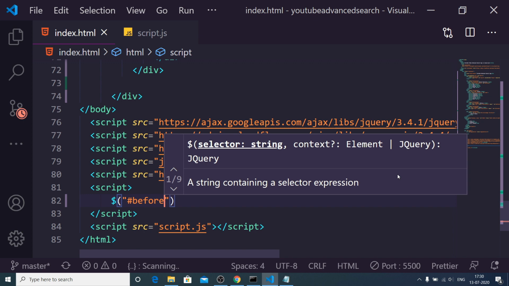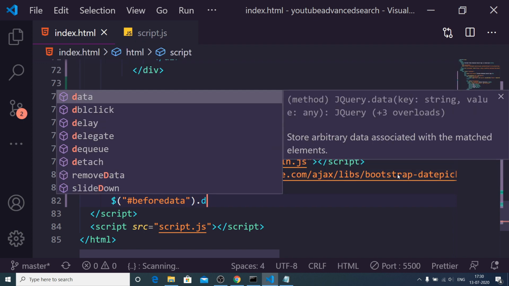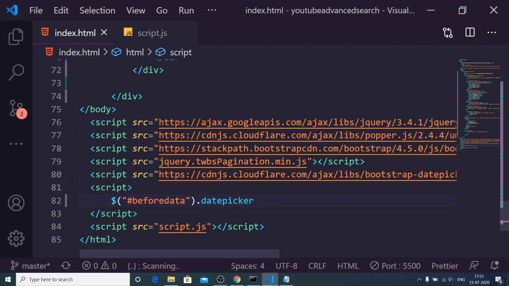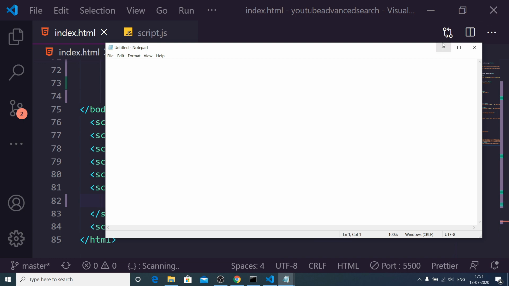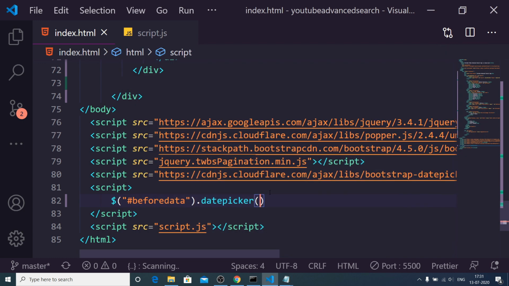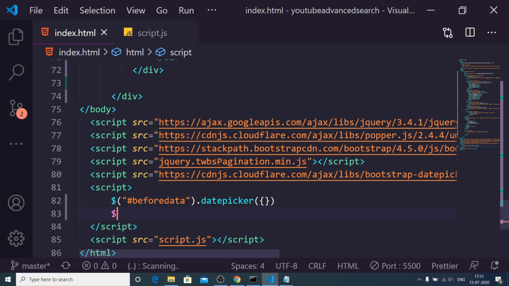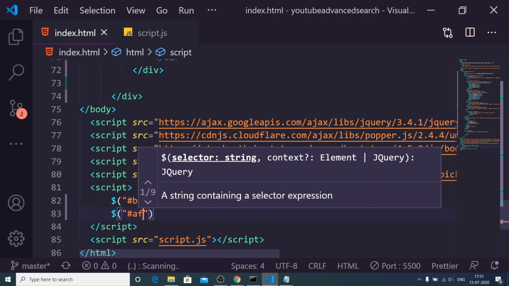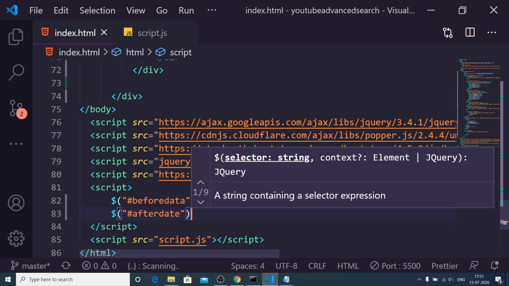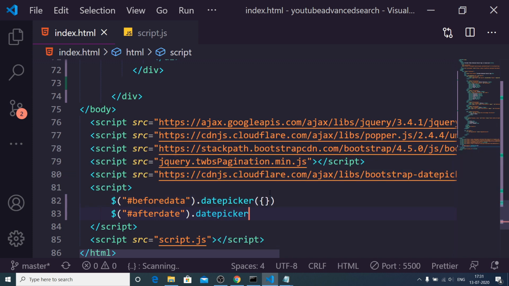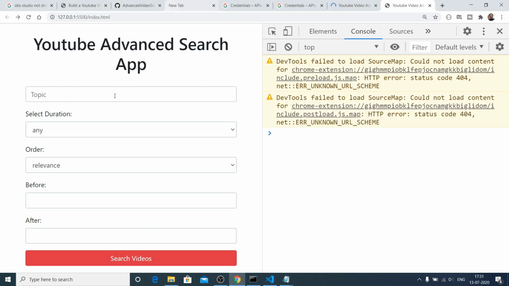So before date, and we need to initialize this date picker plugin here, and you need to pass empty options. This doesn't take any kind of options, so you need to repeat it for the after date as well. So now if you click that option, you will get a